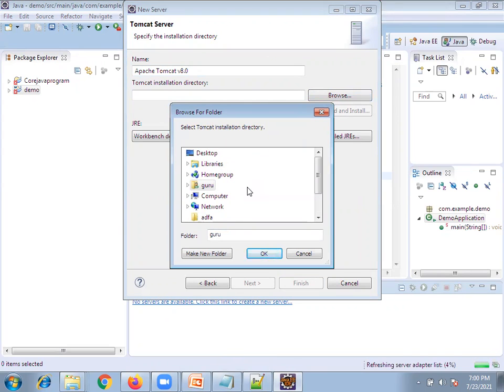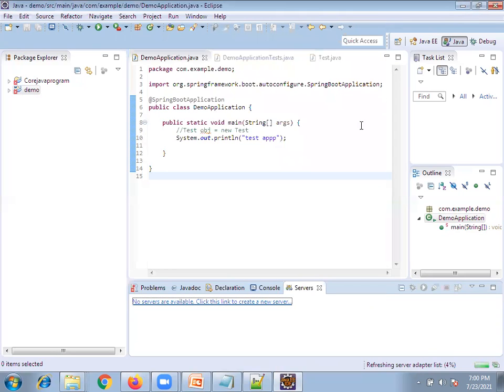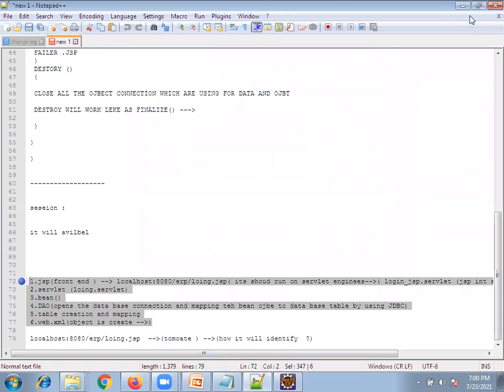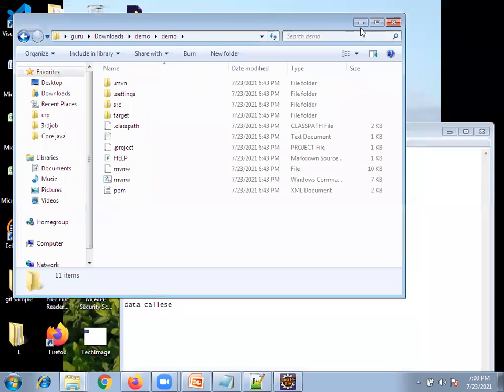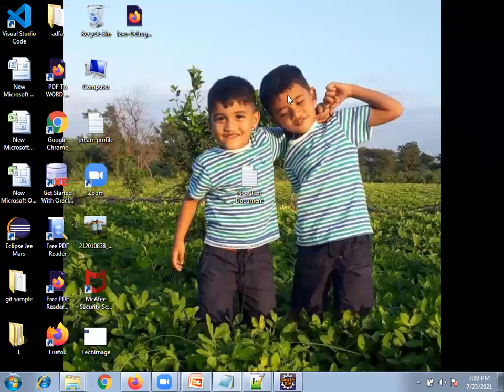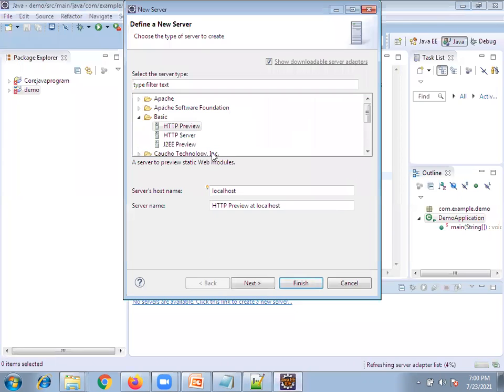Are you aware of this? How are we going to configure Tomcat? These are the steps we need to follow if you want to configure an external Tomcat. Now let us assume you are not using Spring Boot. Spring Boot internally provides Tomcat. Let us assume you developed one page using servlets, Struts, and Spring. Once your development is done, now you need to test it. What do you need to do? You need to configure an external Tomcat and deploy, or else you cannot get it running.